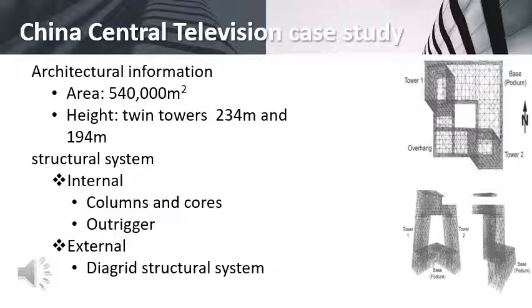The structural system can be divided mainly into two parts, internal and external. The internal part consists of columns, core and outrigger. The columns and core slabs are supported by vertical steel columns and core. The internal steel columns and core are kept straight for functional layout and to house the lifts and service shafts, while the outrigger transfer trusses were used at strategic locations in the building to support floors in the overhang and for larger open internal spaces.